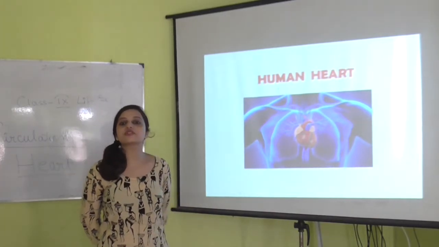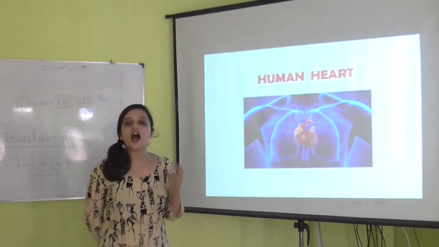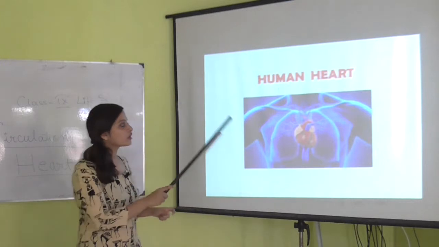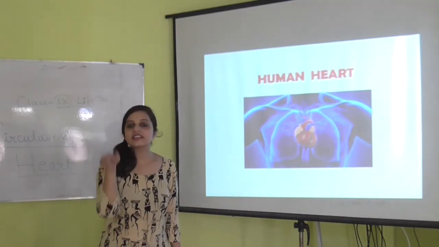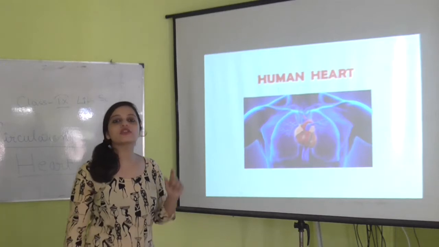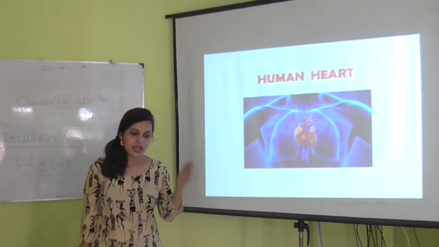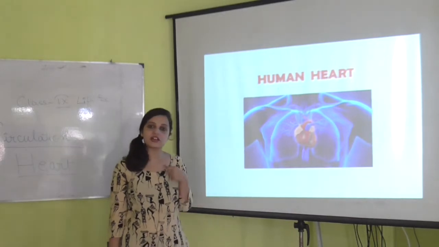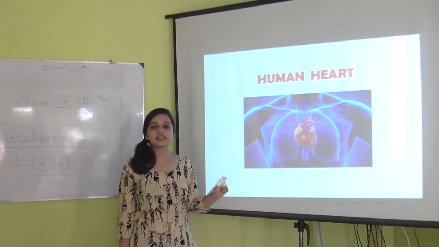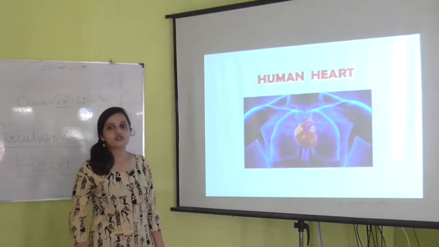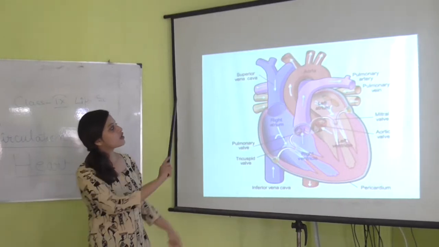So the first thing that comes to mind about a human heart is that it is a 4-chambered heart. It has a total of 1, 2, 3, 4 chambers, okay, and it is conical in shape. So we are going to study the structure as well as the function, how the heart works and how the heart pumps the blood and takes it to the lungs, and everything we are going to study in this class. So the next part will be the structure of the heart.